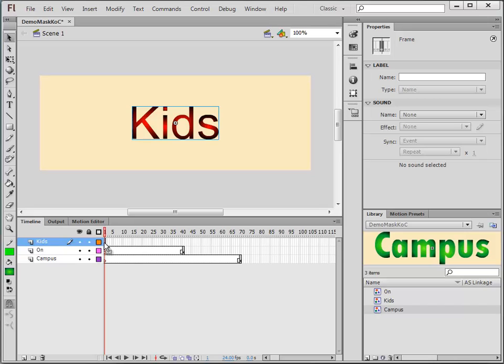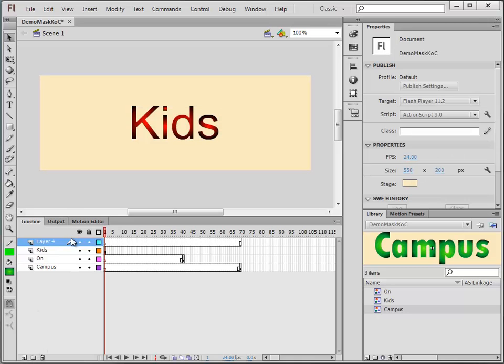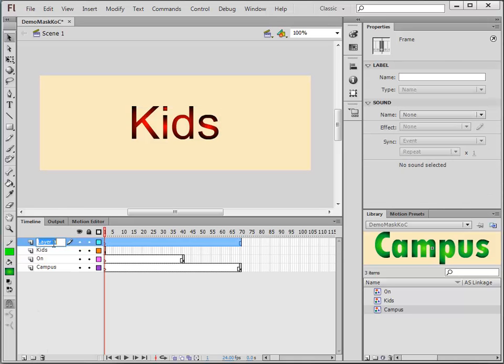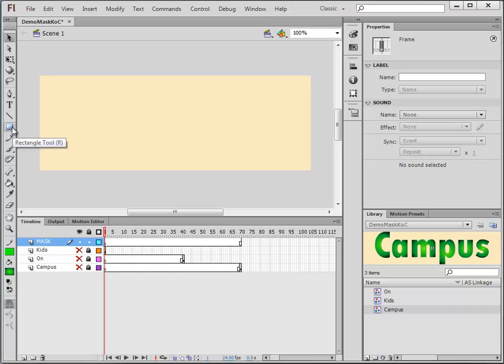Alright, so what I'm going to do now is create a brand new layer because we have our symbols all set and ready to use, but the thing we're focusing on this time around is what's called a mask. So I'm going to call this a mask layer. It's not truly a mask just yet; I have to do another step by clicking on it in a minute. I'm going to hide these guys and lock them,